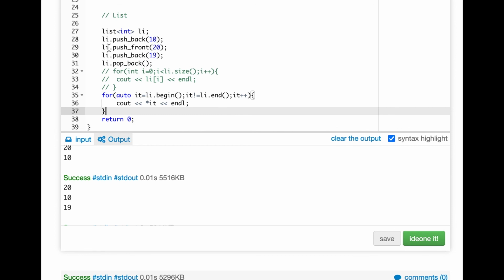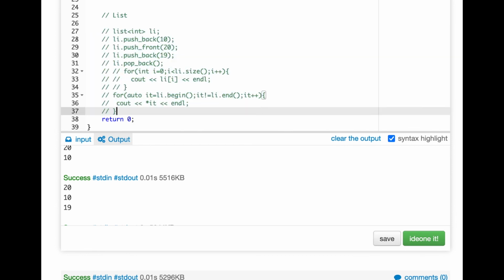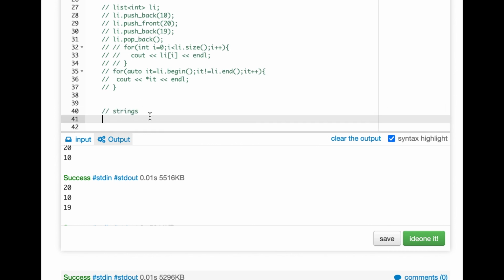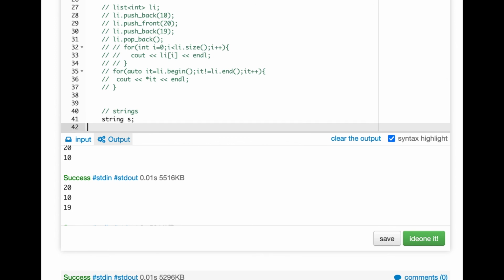Let us now see the third one which we plan to discuss today, which is strings. Strings are one of the most common data structures which we use, and in containers it has a very powerful library wherein we can merge, we can do a substring kind of thing and different other operations on top of the trivial strings which we study, right? So defining a string is very simple. We can define a string like this. Let me define one string here.